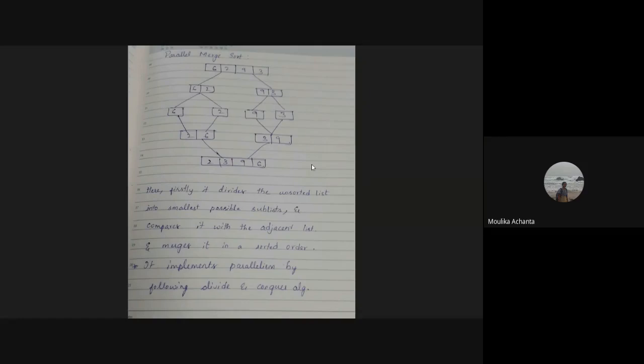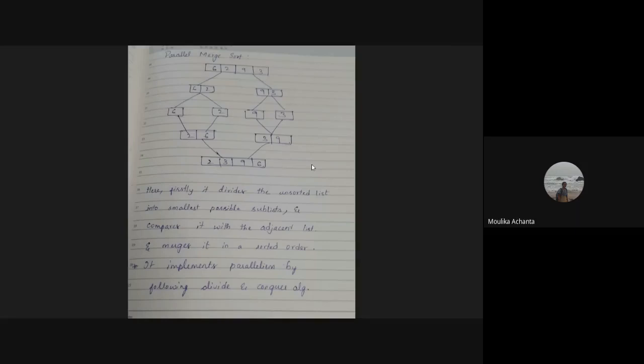This is the smallest list for the given list. Later the 6 is compared with the 2. As 6 is greater than 2, we need to swap and make one sublist. Here 9 and 3 were compared. As 9 is greater than 3, we'll swap them, so we get the sublist 3 and 9.